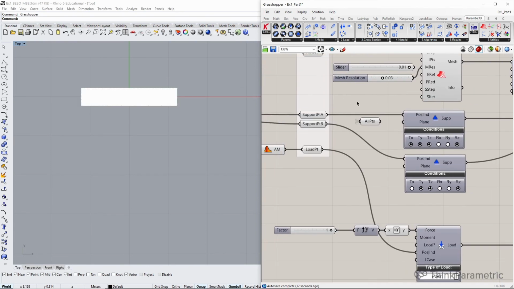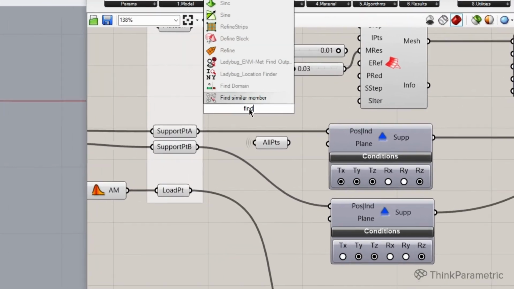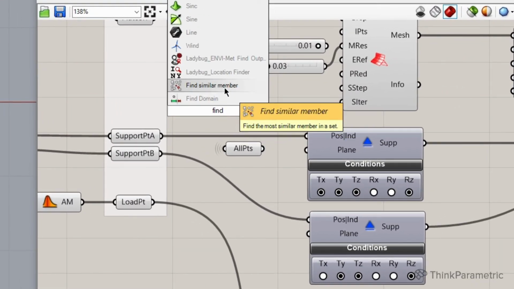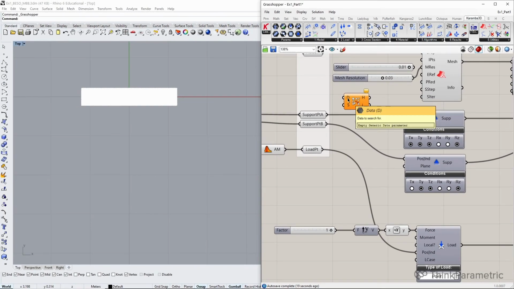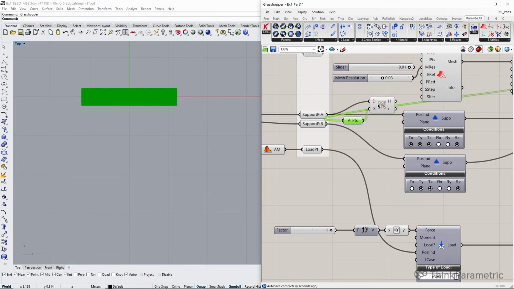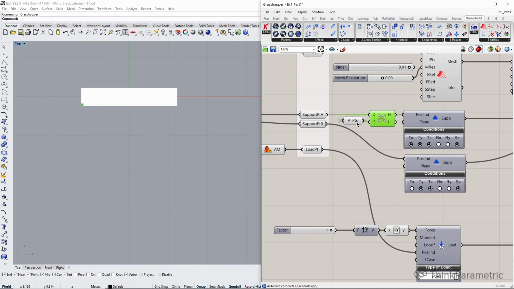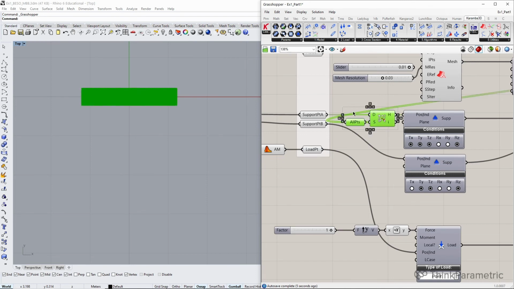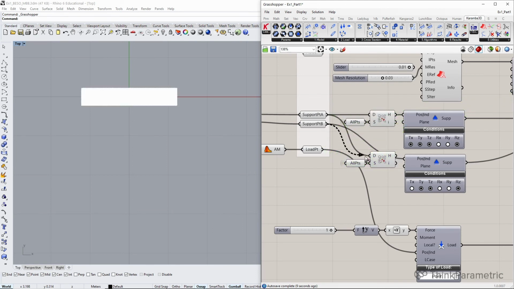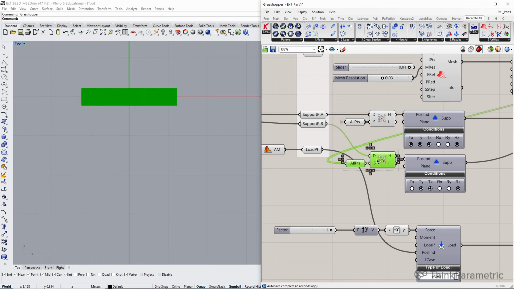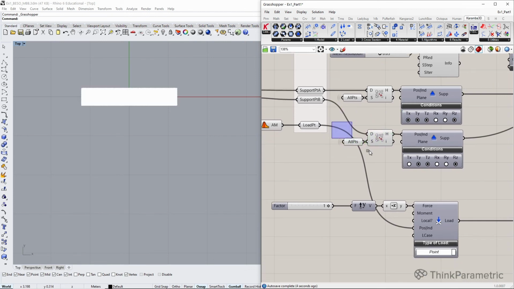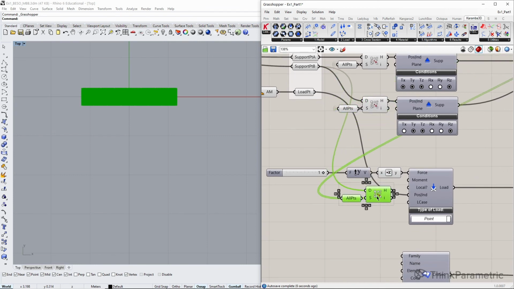And we need to make a simple trick, that is to use find similar member. That finds for us, we search for this point in the group of all points, and I plug this instead of the point directly to our support. And let's do it for the other support. So I plugged my point B, and then the point found in the mesh goes to my support. The same thing for load.